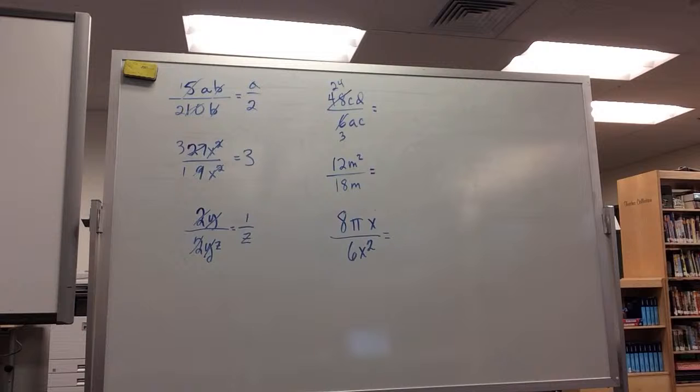4 pi over 3. Yeah, let me show you what this is here. So this is 8 pi times x. This is 6, right? Times x times x. That's what x squared is. So one of these